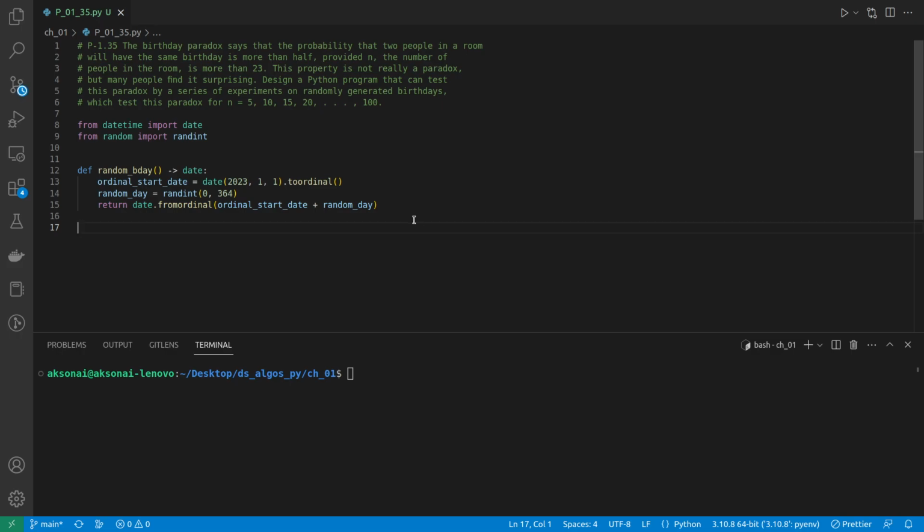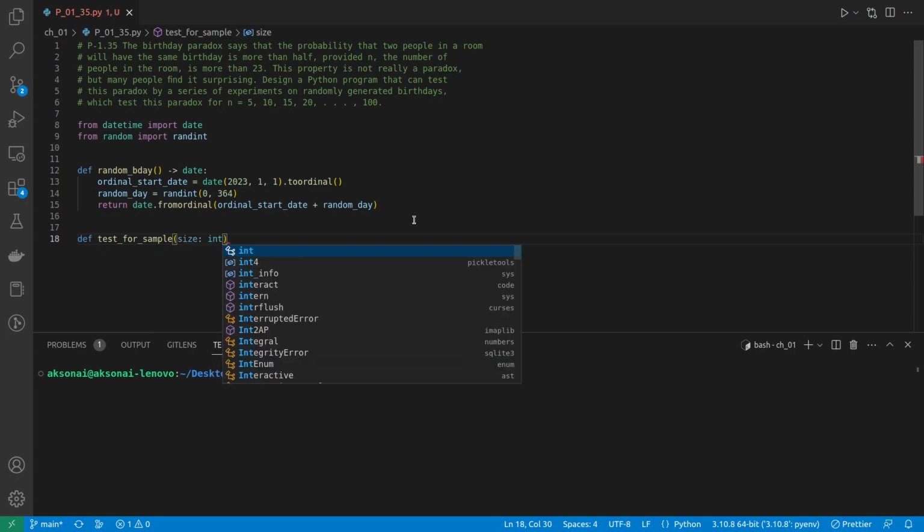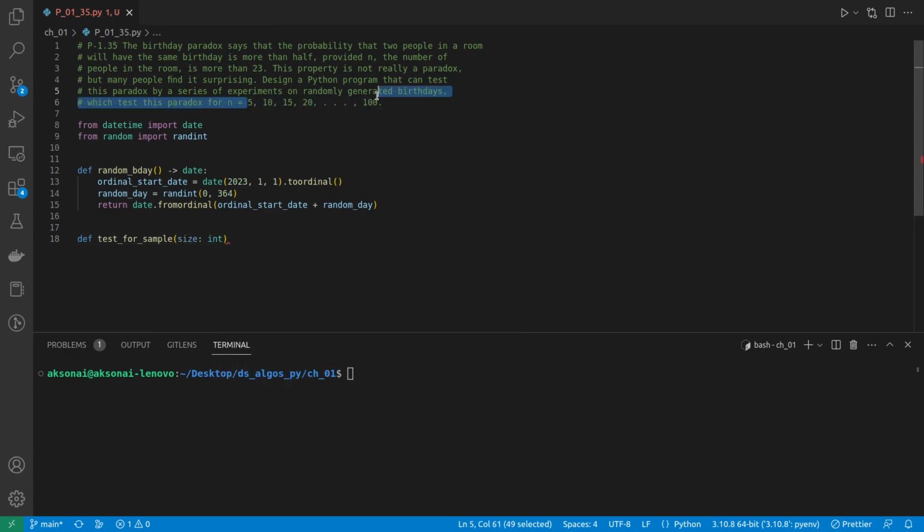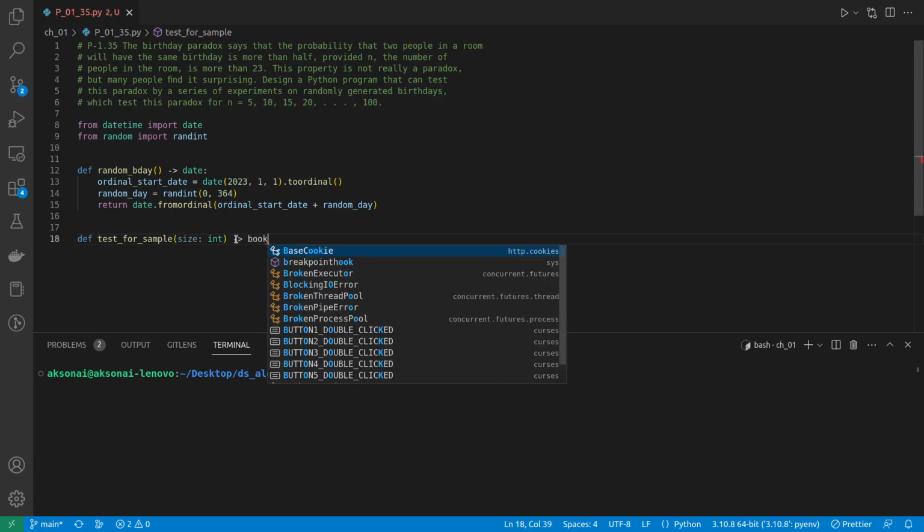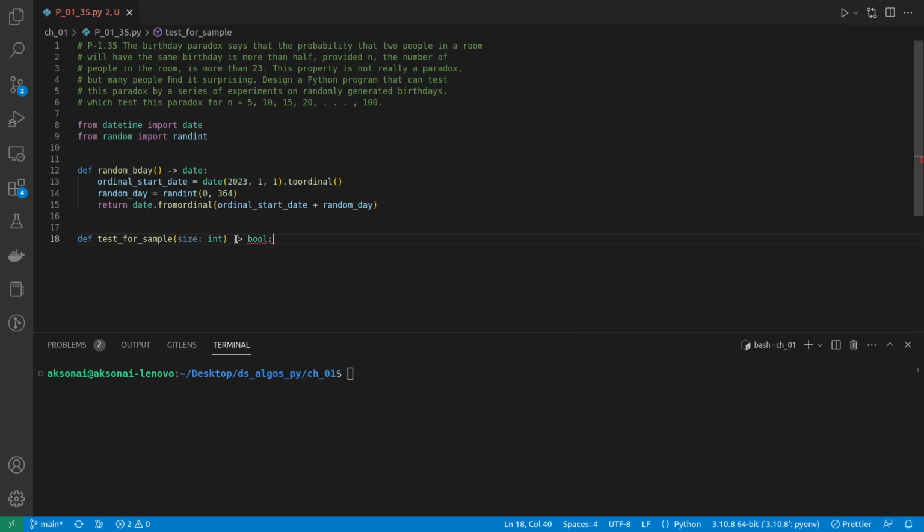Now I'm going to write a function to perform the test for sample, and we're going to give it a size, which is going to be an integer. This is the number of people in the room, and in the end this should return a boolean, so it's just going to be true or false if two people have the same birthday for this number of people in the room. Okay, let's make an empty list for the birthdays,